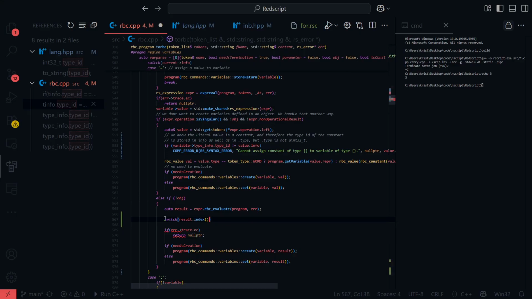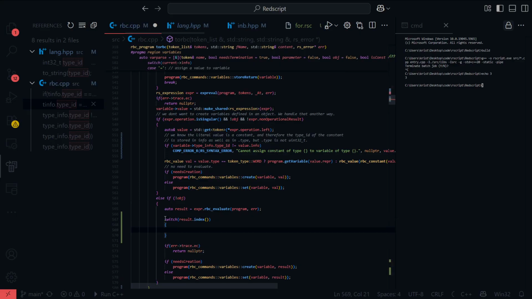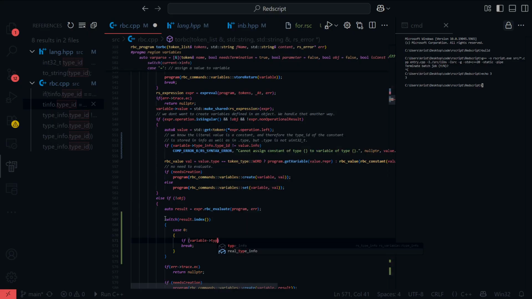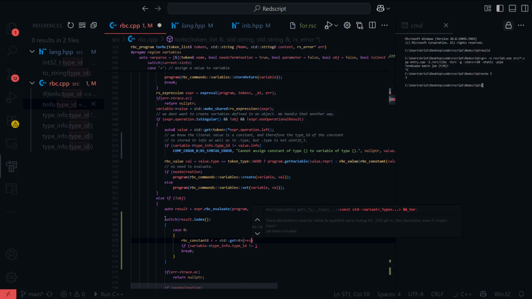So we'll say if it's a constant, well, we can say if variable type info dot type ID does not equal RBC constant reference, C is std::get<0> of result